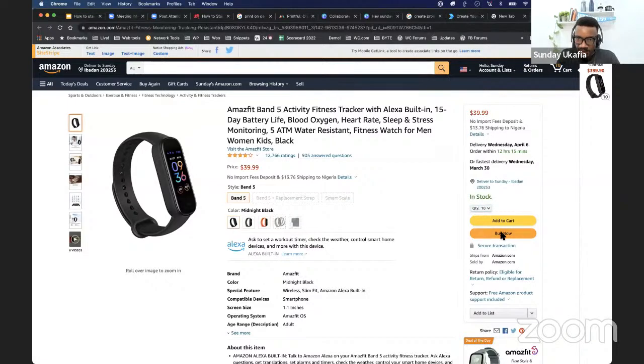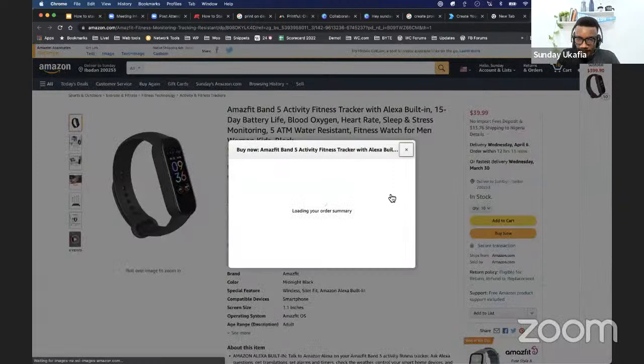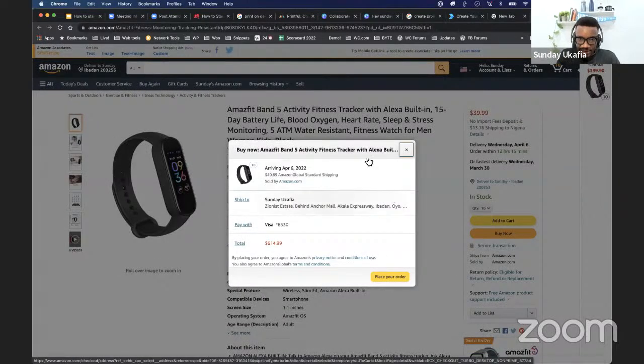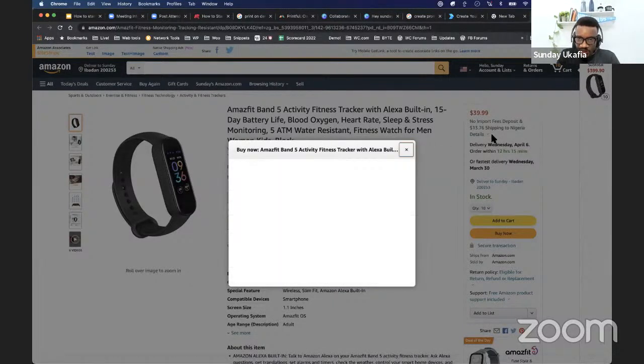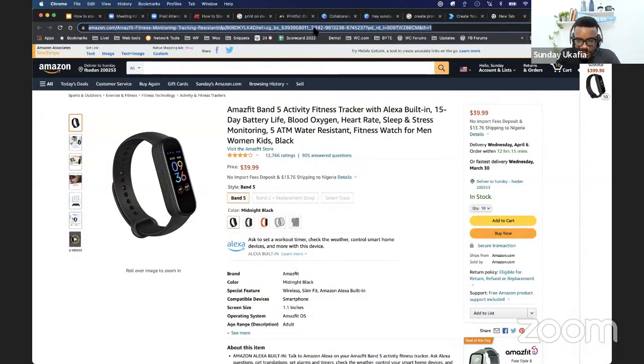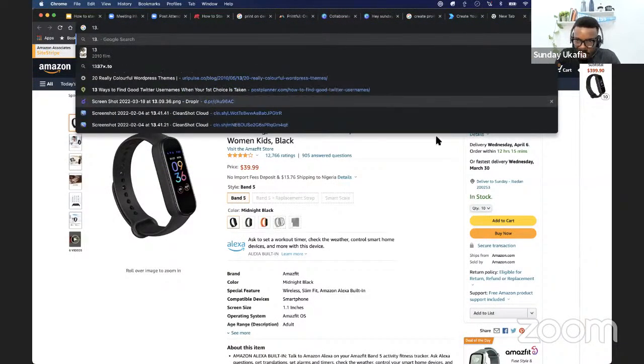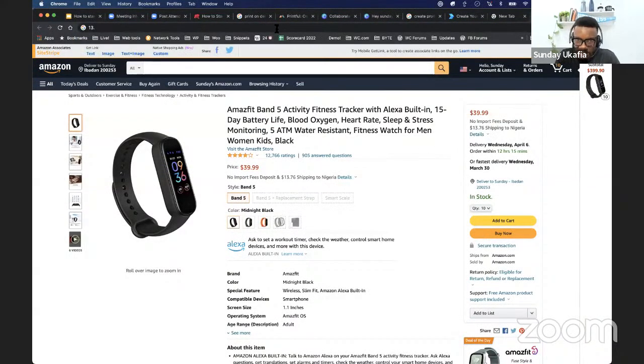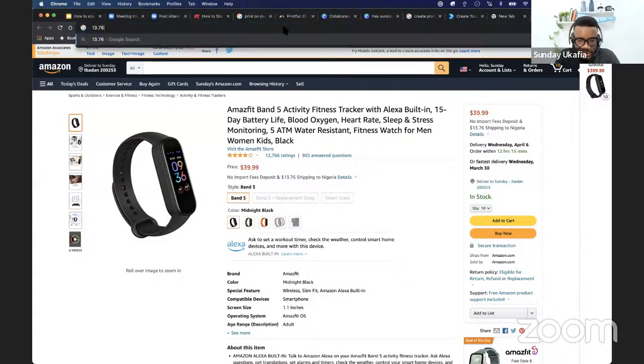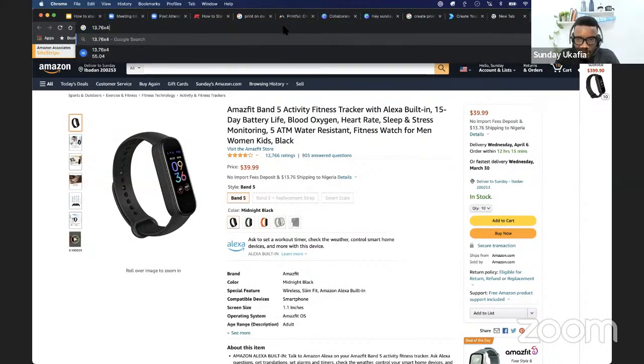Okay, let me do buy now. You buy 10. The shipping fee you have to pay for 10 is just about $40. So let's calculate that. If we do 13.76 times 4, that's $55. So this already covers the entire shipping fee,